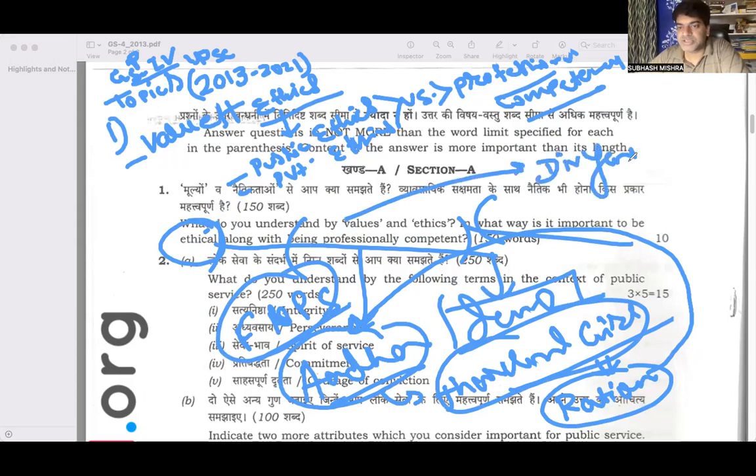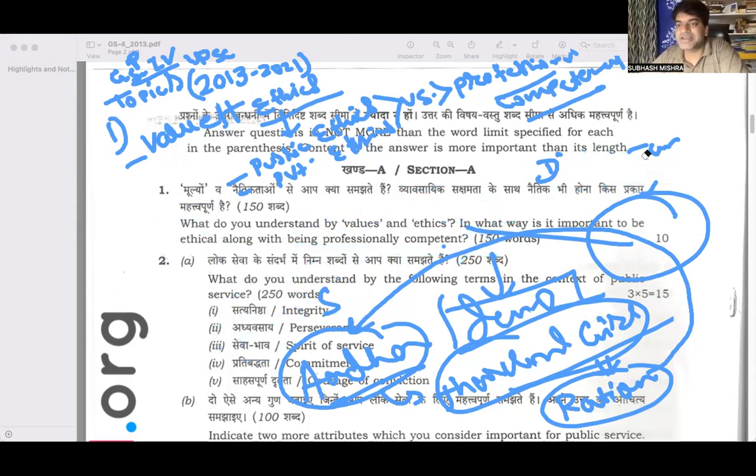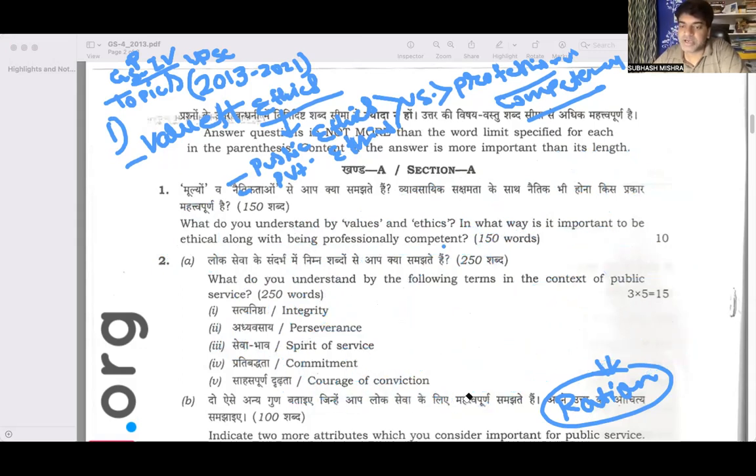What happens with Divyangjan? They are not getting their due fair treatment because they cannot go to the offices, and they cannot roam around the offices, going from pillar to post in a scammed system. So you may be professionally committed and competent, but you are not ethical. You are not delivering the services at the doorstep because people are not getting a fair opportunity to get the services. And you are not proactive, but apathetic. You are an apathetic